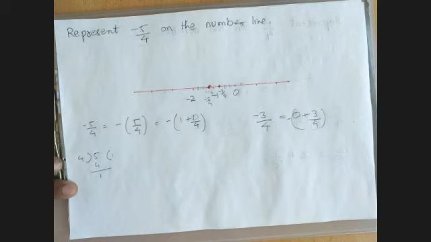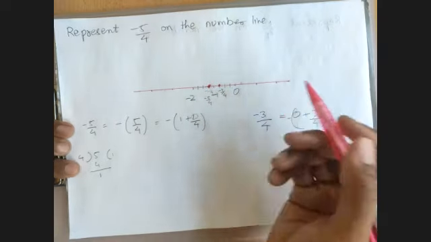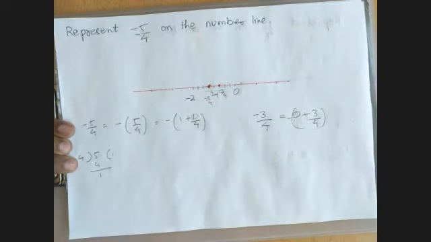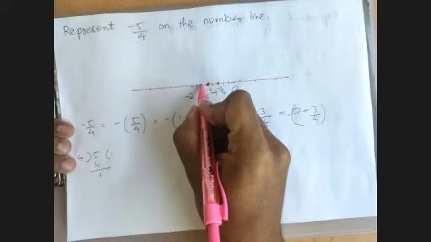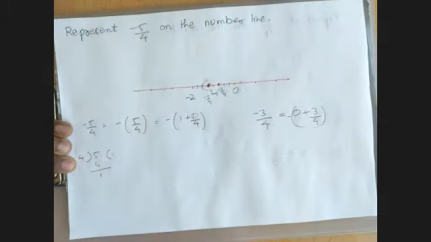I believe you are clear with this. And again I'm telling you that there are infinite numbers between any two given numbers on the number line. That means even if I take the smallest one, there are infinite numbers in between them. So do not get confused that there are only 4 numbers in between 1 and 2, or minus 1 and minus 2, and 0 and minus 1. There are infinite numbers. And we have to keep that in mind.